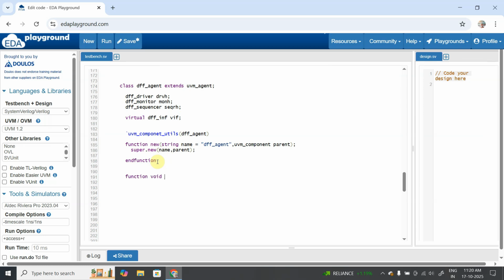So function void build_phase(uvm_phase phase), super.build_phase, if not uvm_config_db#(virtual dff_inf)::get(this, "", "vif", vif). So if I'm not getting this, I'm going to display